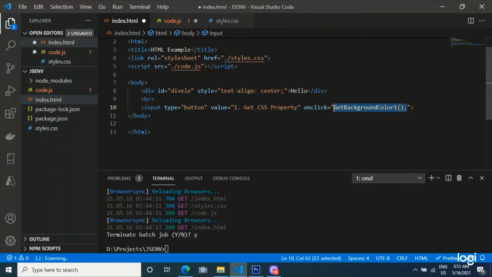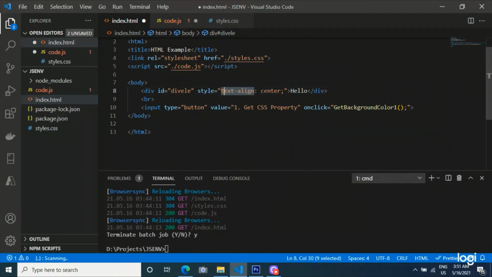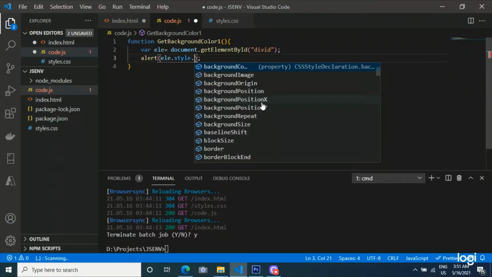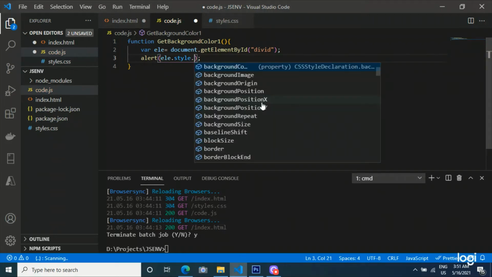There is a style attribute with the CSS property of text-align. Its value is center. So now we need to get this text-align property value using JavaScript. So here we have used the style property. Inside this style property, background color, sorry, it's not background color, it's text-align. Save.